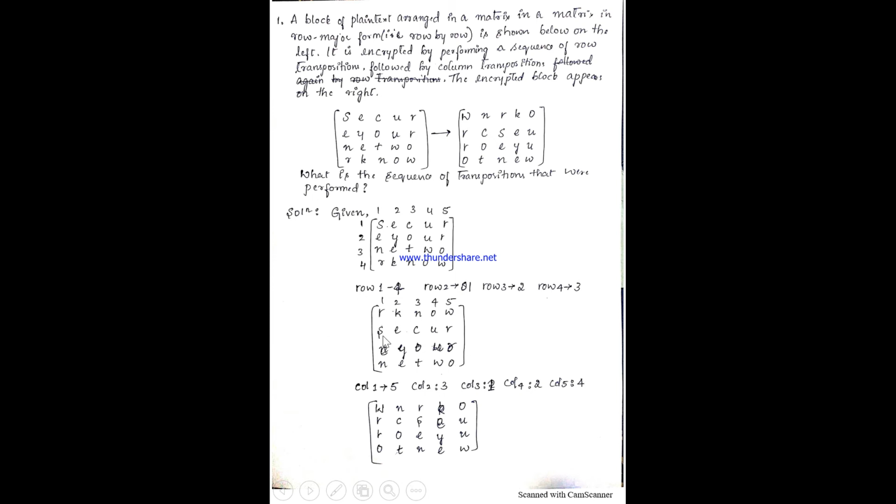Next, you know the answer here. So decide, R should come where? R should come in third column, isn't it? So make it as third column content. Here it appears in the first row, so it has to appear where? In the third row. So make it as third column.